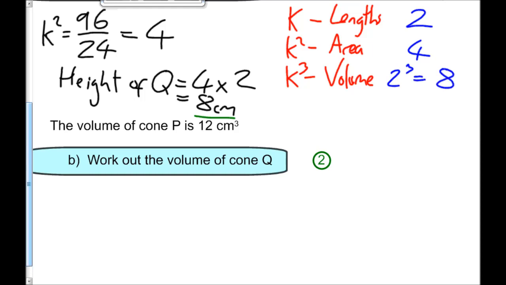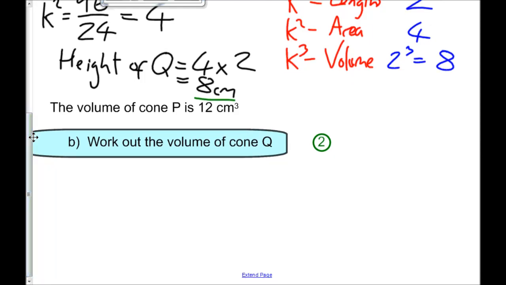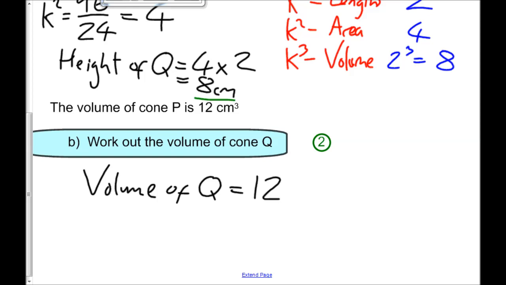2 times 2 times 2 equals 8. So that means the volume is going to be 8 times bigger. So there's a mark if you found out what K cubed is. Final calculation is, so volume of Q equals to 12 centimeters cubed of P times by the scale factor of 8. 12 times 8 gives you 96